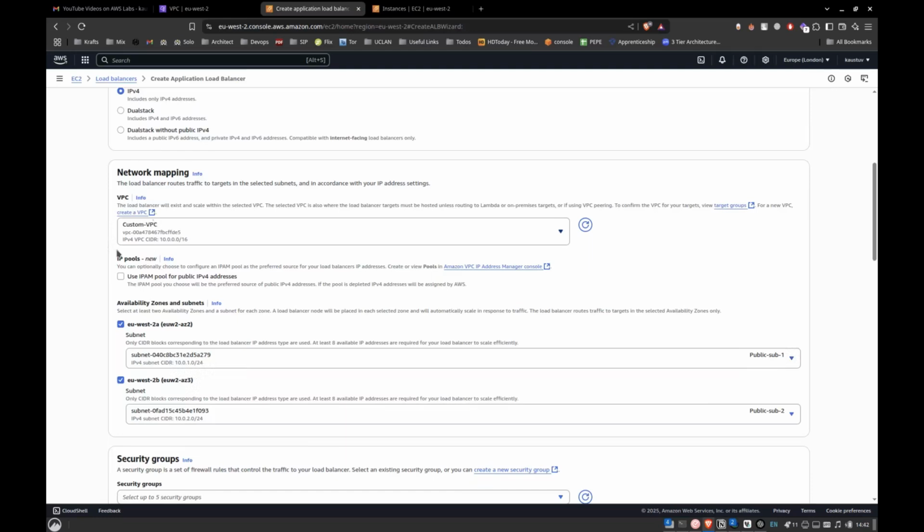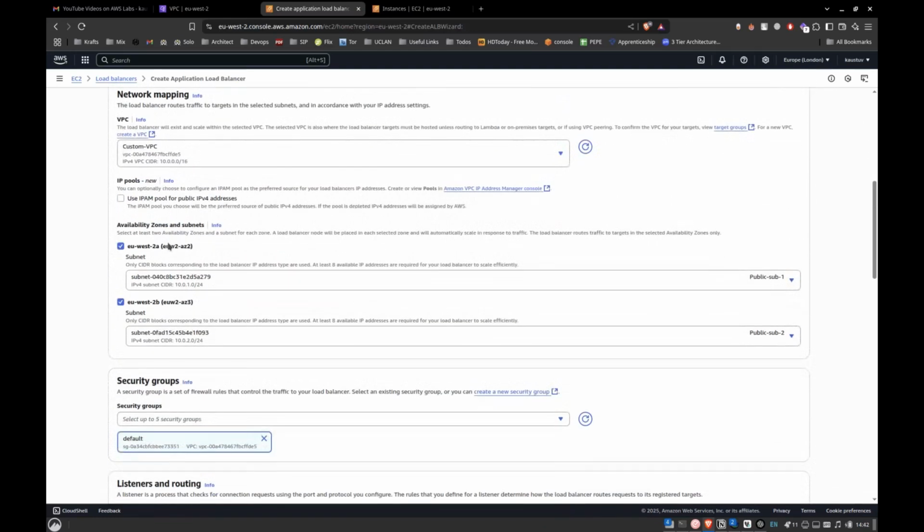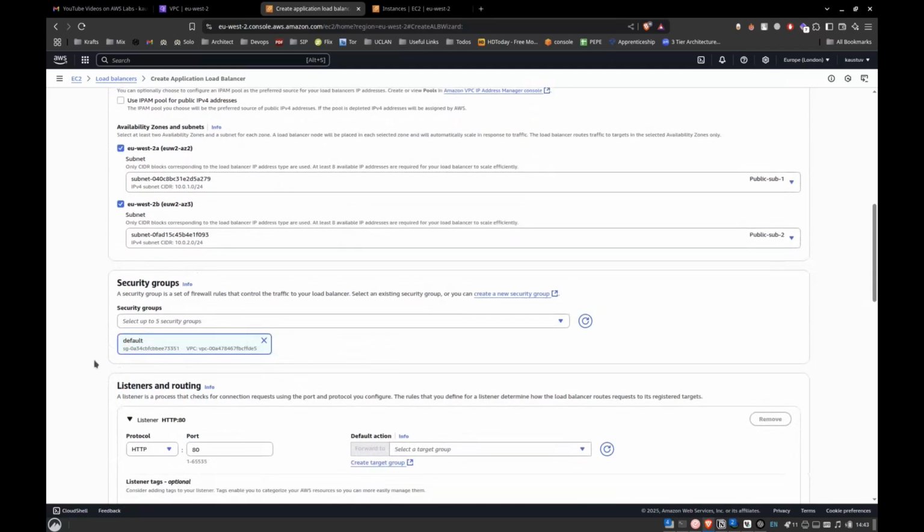So where do we want this load balancer to be? We need the load balancer in both of the availability zones. We can just select one, but we can keep the load balancer in both of the availability zones, and it is much better this way. Scale effectively. For security group,